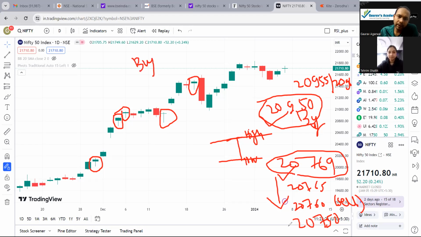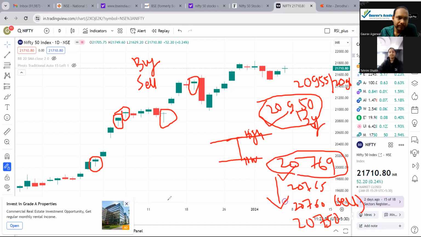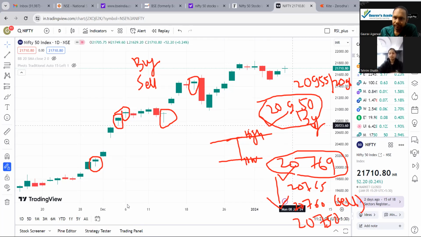You understand, right? There are two kinds of trade in the market. Either you can buy or you can sell. Only two things you can do. Same as when you go to the market to buy vegetables or fruits, you buy it and the shopkeeper sells it to you. So same thing here, either buy or sell. Now it's clear or still in doubt? So this is how you trade the hammer.